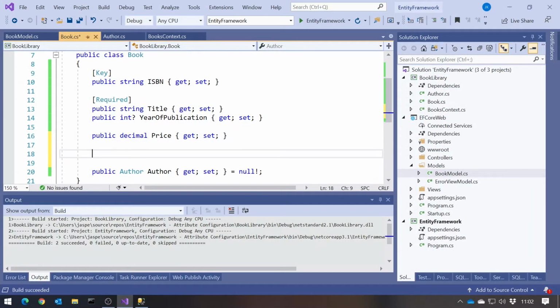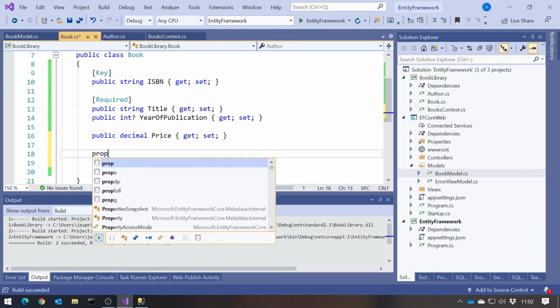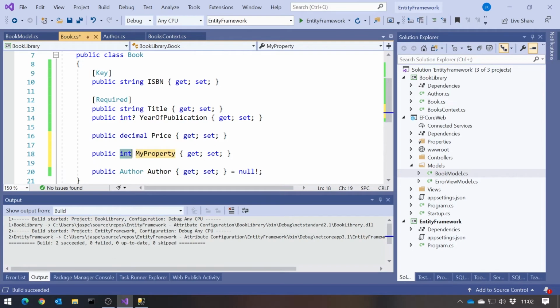Another one we saw had nice default behavior, remember, was the idea of the foreign key. So we saw that we just got author ID for the foreign key. And if we wanted to, as well as having the reference, we could have put in a property here of type int that we call author ID. We'll discuss in a later video a lot of the pros and cons about how we do our collection.